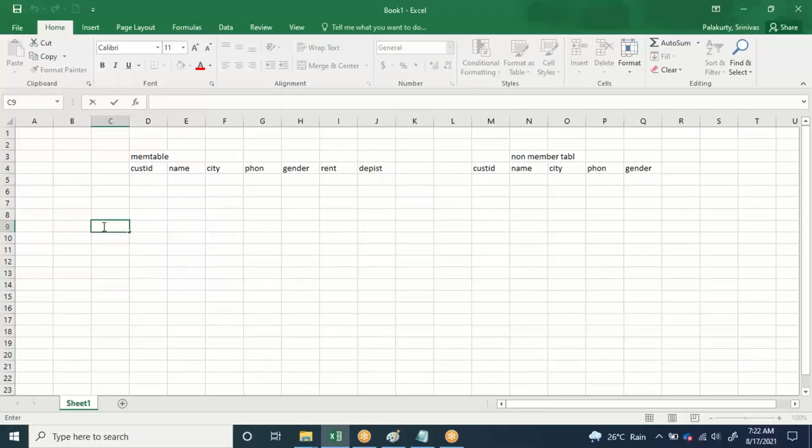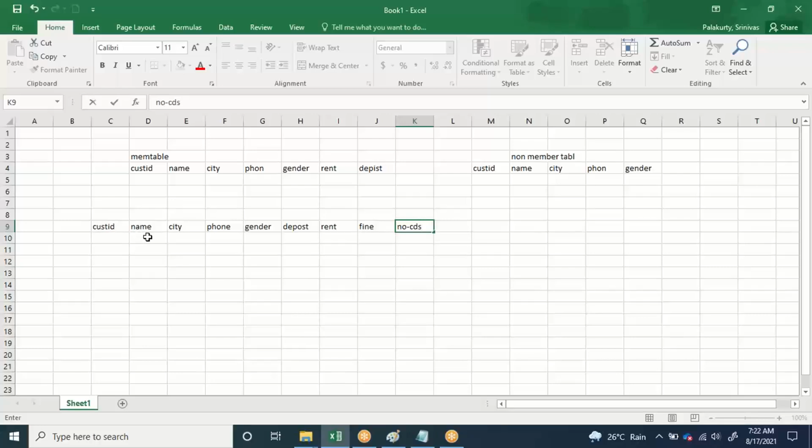So I suggest membership ID, name, or you can call it customer ID. It's your wish. Name, city, phone, gender, deposit, rent, fine, number of CDs,